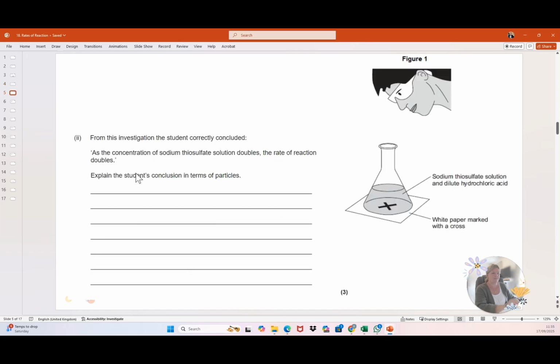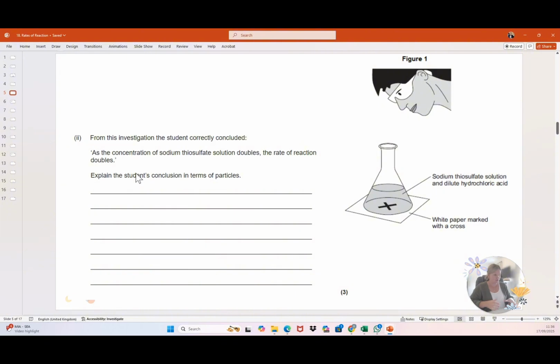Okay, right, so let's have a look and explain some of these questions then. So this is a very typical question. This is a required practical where you are reacting sodium thiosulfate with hydrochloric acid, and when you react those two together we get solid sulfur being formed, and so that reaction solution goes cloudy. So this is a nice simple way. It's a straightforward practical